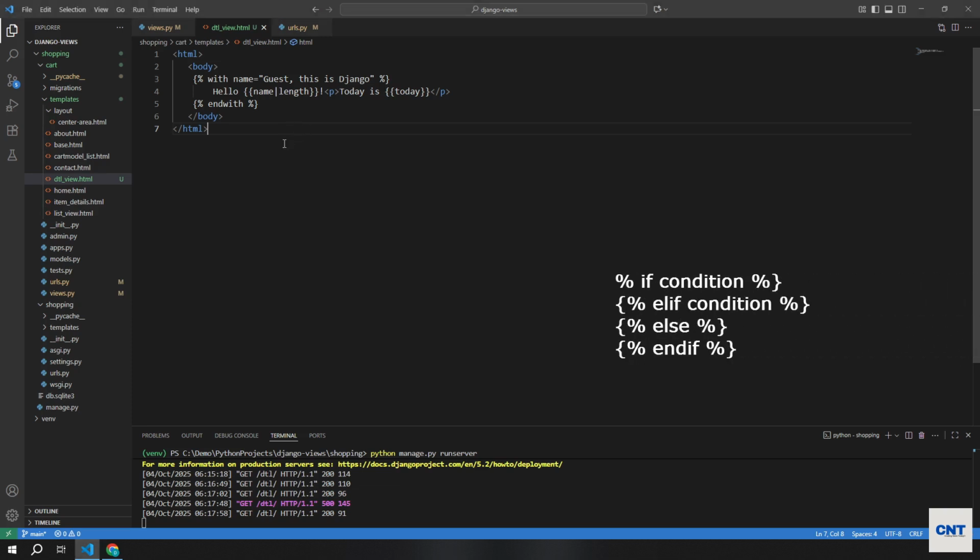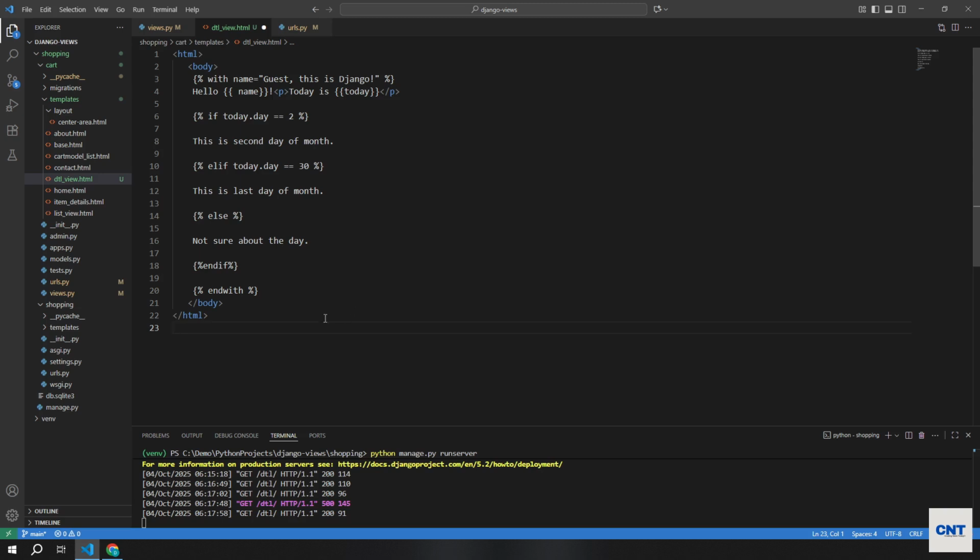Let's see conditionals first. I'm going to replace this HTML with my conditional tags, right? It is checking if today.day equals 2, then it will show this message. If it is the 30th day of the month, it will show this is the last day of the month. Else it will show not sure about the day, right? I'm going to set 4 for this, then it will show this message. I have saved the file,